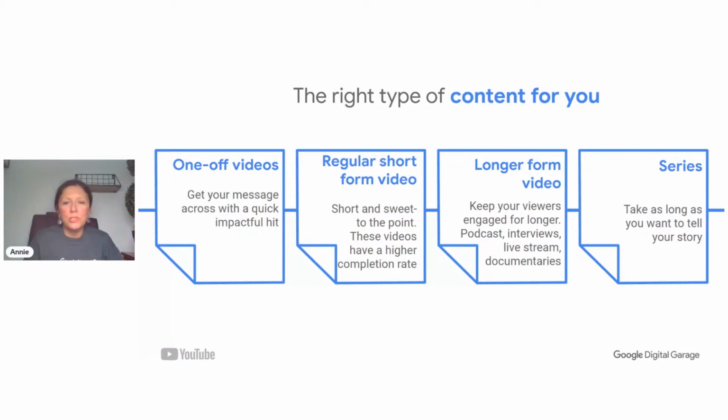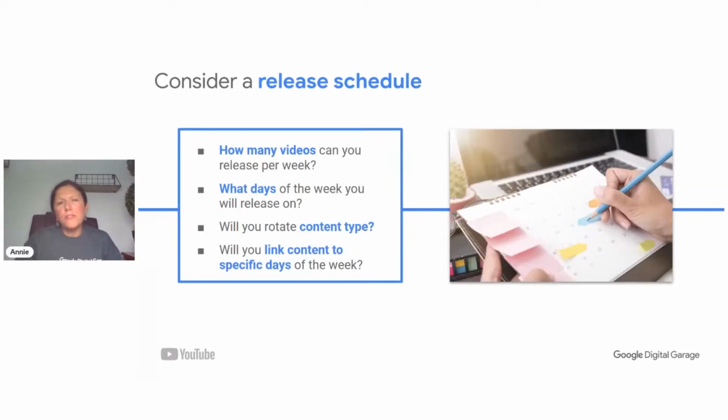That's fantastic. So we're just going to look at some tried and tested different ways of creating content for your audience. So the first thing is, I talked about spray and pray. We don't want to just put everything out there all at once. So we want to take a bit of a planned approach. And a way of doing that is to create a schedule in advance. So a release schedule, a bit like if we were producers of a film, we'd want to create it in stages. So let's think about the resources again. How many do we want to release per week or per day?